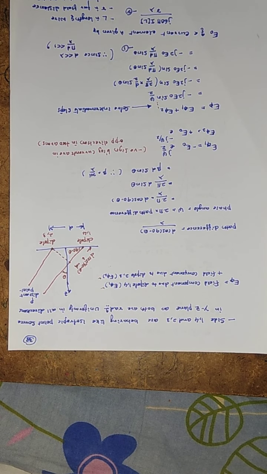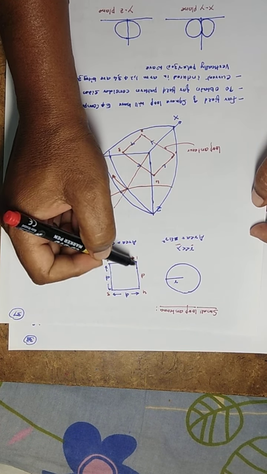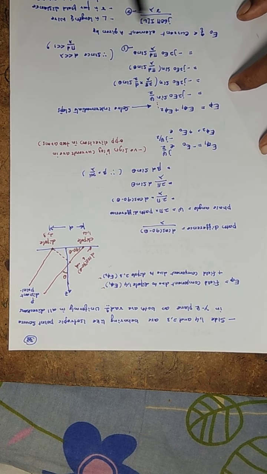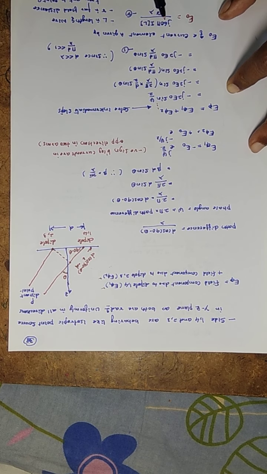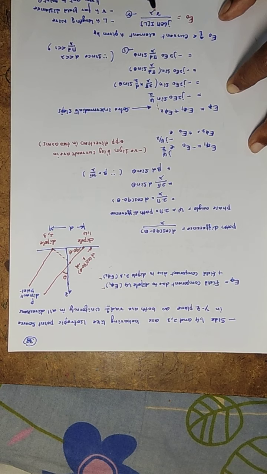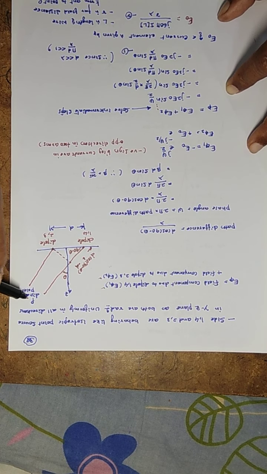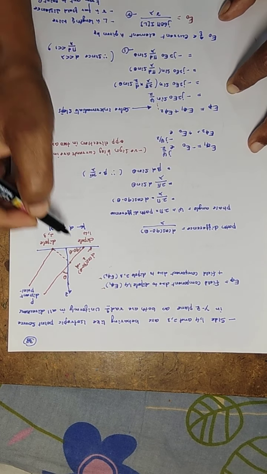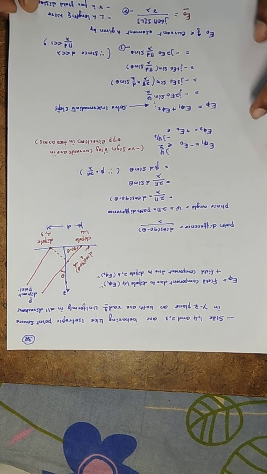Okay, so since this acts as a current element, a single line, due to this current element, E naught is given by j 60 pi I into L, divided by R into lambda. What is R? R is the distance from this point to this point. L is the length of the wire. R is the far field distance from the antenna to the point. This antenna to the point is R. This I have taken directly.